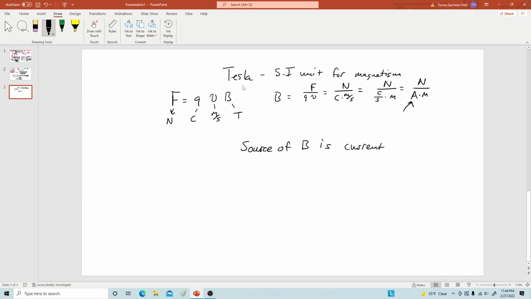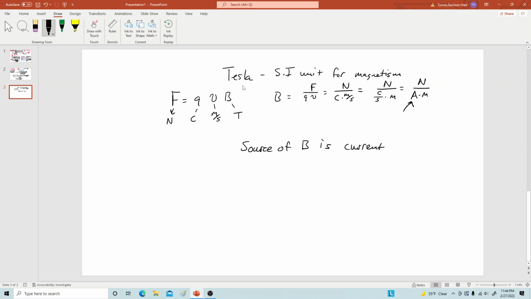And that appears in the units right here. Anytime you have a moving charge, anytime you have a charge in motion, you will have a current. So with that in mind,